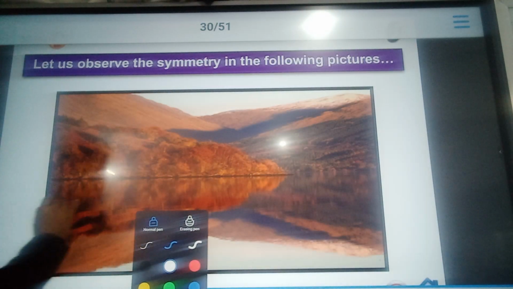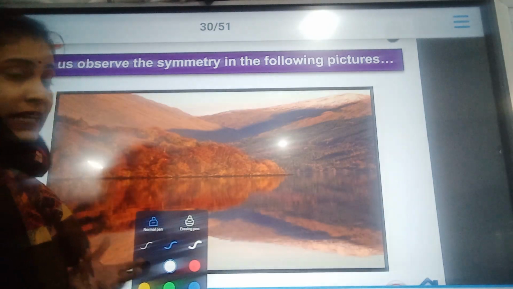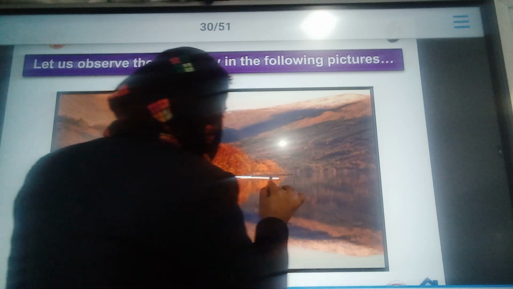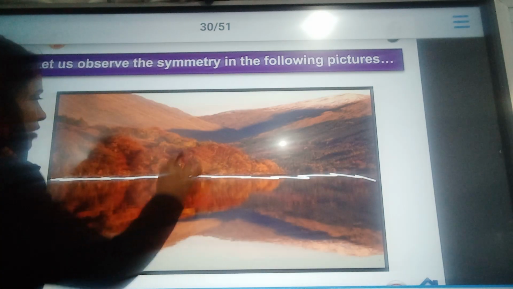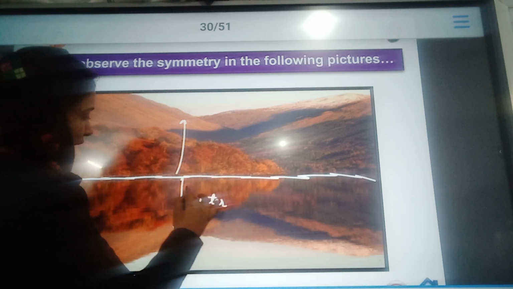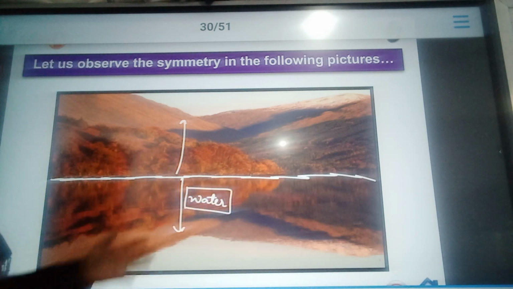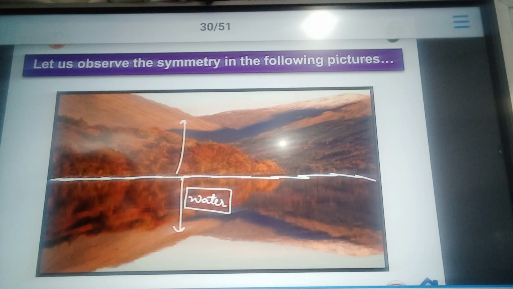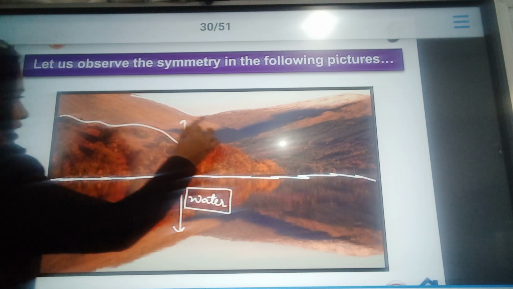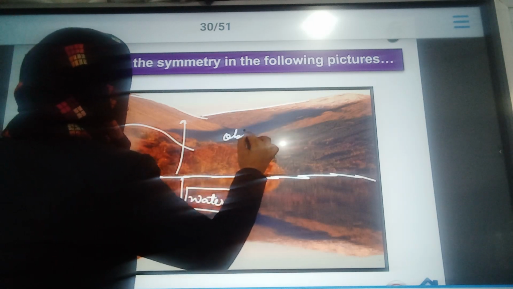One point to understand is, can you see there is no such mirror, but there is water? This is the line which is separating the upper part from the lower part. Here it is water. So water is acting as a mirror, and inside the water you will find the reflected image of the object. If I say all the plateaus and the mountains are the object,